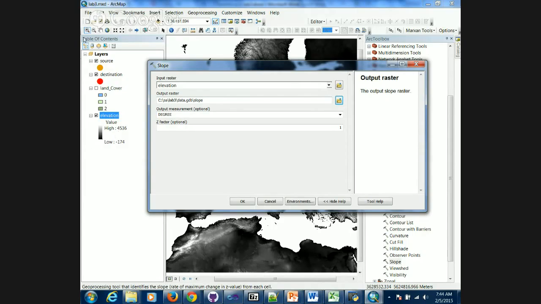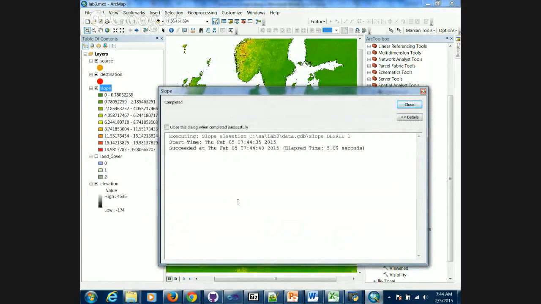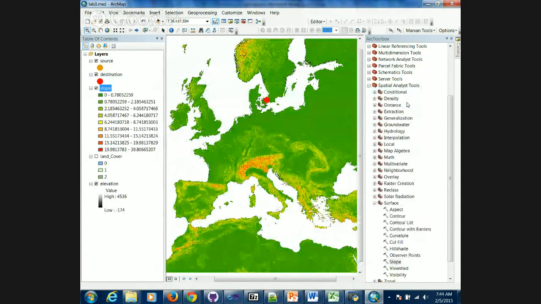So if I hit OK, it will run through and create a slope grid. And so that's our slope grid. You notice that there's some pretty serious slopes here between Copenhagen and Venice. One of the reasons why I chose those two areas. Okay,